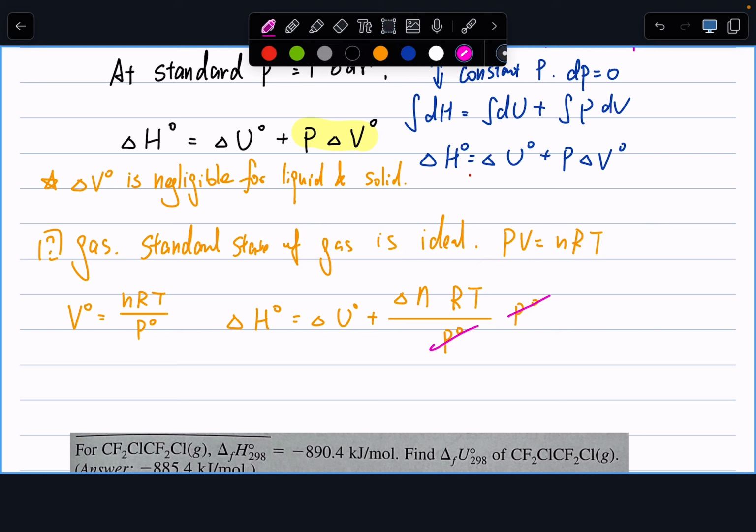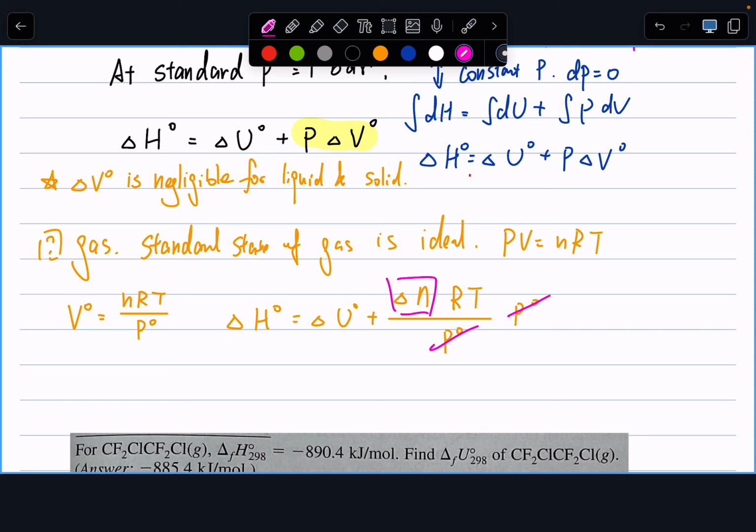And my P naught and P naught cancel out. So we have delta H naught equals delta U naught plus delta N times RT. When we're talking about delta H naught and delta U naught, typically we're talking about a defined temperature, so temperature is also not changing. We're only talking about the change in the number of moles that's related to the difference between your internal energy and